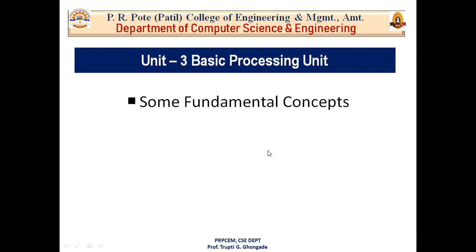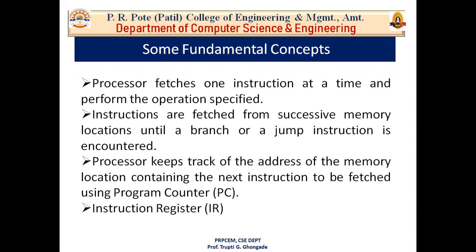Now we know that to execute a program, the processor fetches one instruction at a time and performs the operations that are specified in the instruction. That means when the processor fetches one instruction at a time, the first phase is fetching, then decoding, and after that executing the instruction. After fetching, in the decoding phase, the processor gets to know which type of operation we have to perform on those particular operands. For example, if your instruction is ADD A, B, that means you have to add the contents of A with the contents of B.